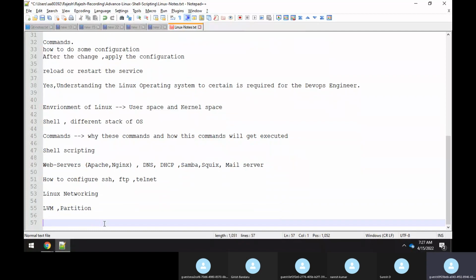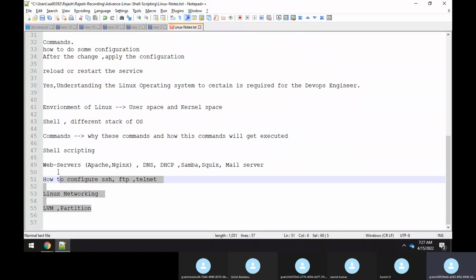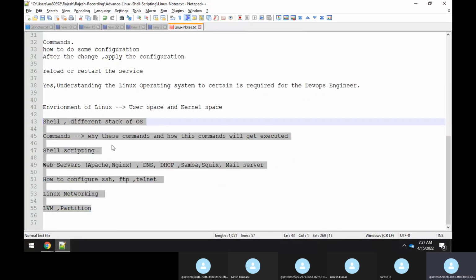There are many things out there, guys, to learn. I just described a few. If you learn these few simple things, then you can comfortably say that yes, I know Linux to some extent. But there are many more things beyond that. I'm just describing the few things which you should know.